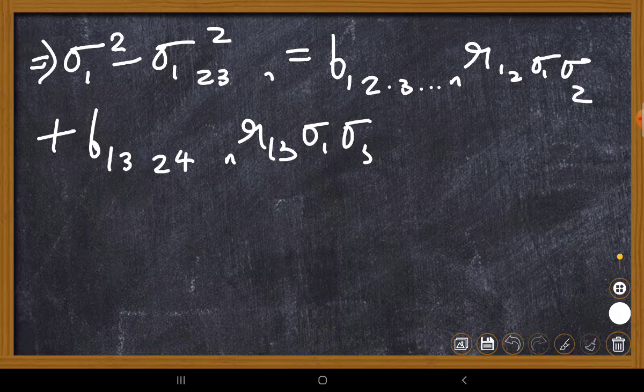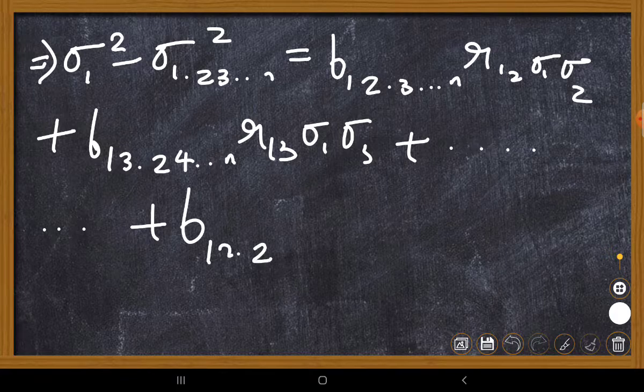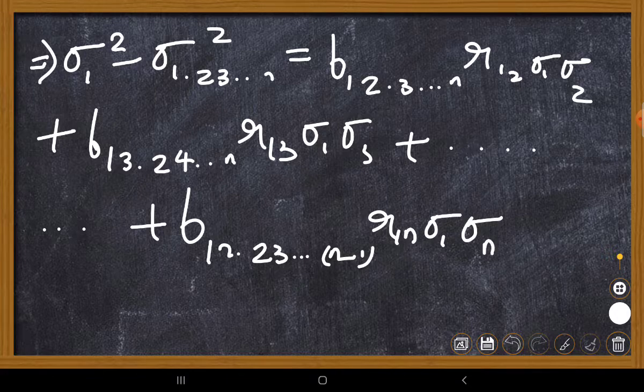Okay, and so on, till the last term, b1n.23...(n-1) r1n sigma 1 sigma n. Okay, so after you have obtained this equation,